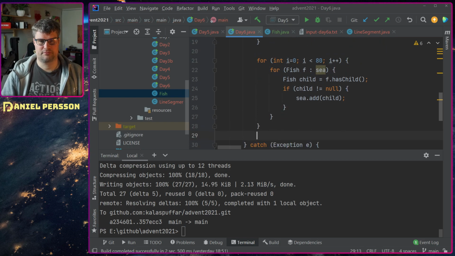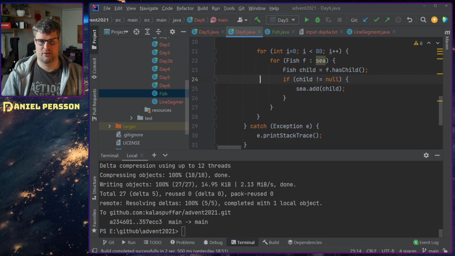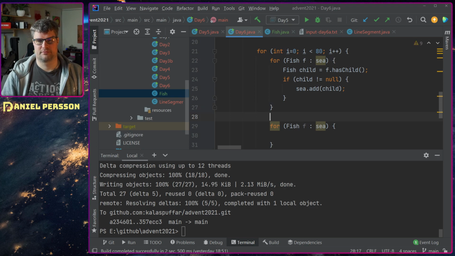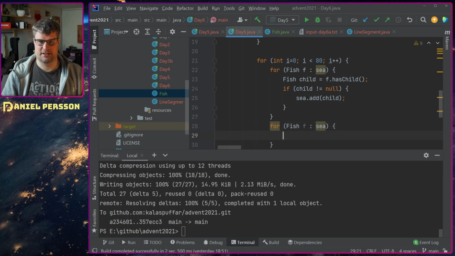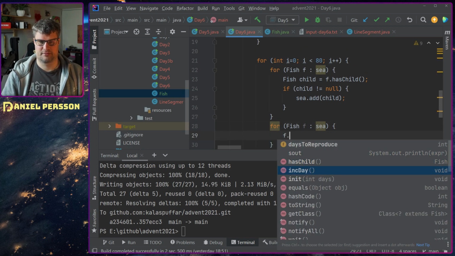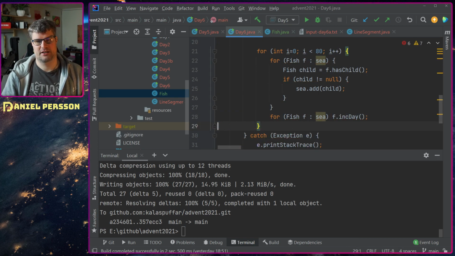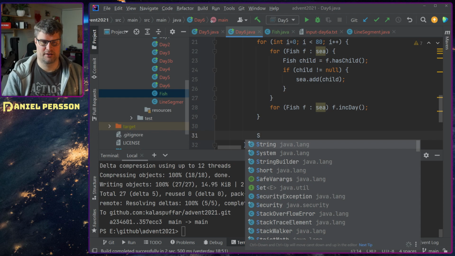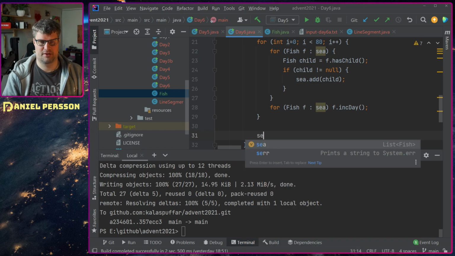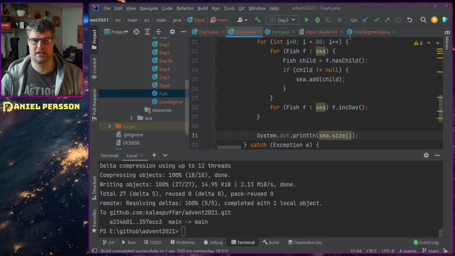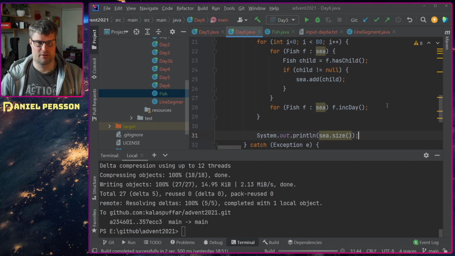Fish. There we go. And then we will have another one which will increment the days here. Increment days. And that could be just like that. And down here we will have C size and print that out. Let's see what that says. What that gives us